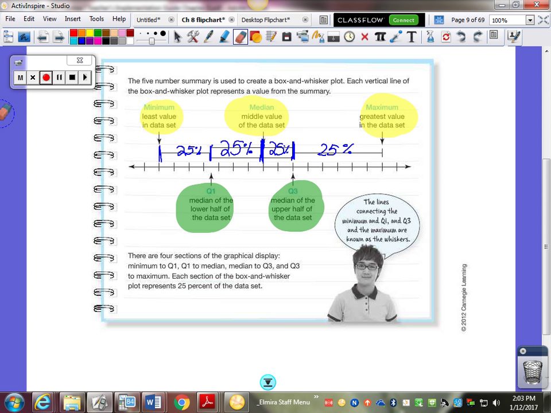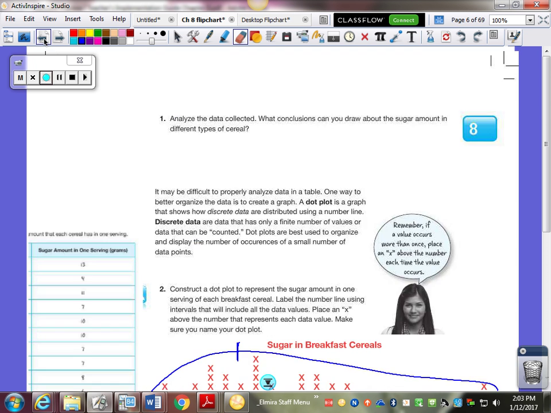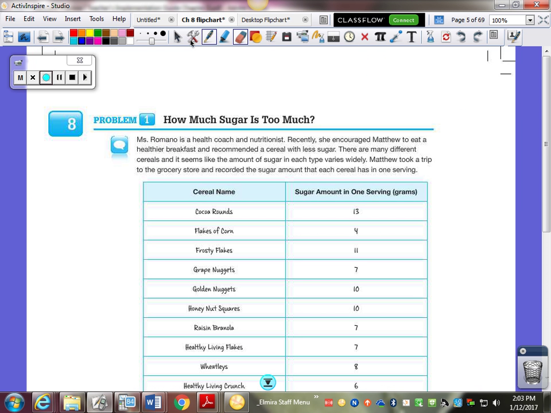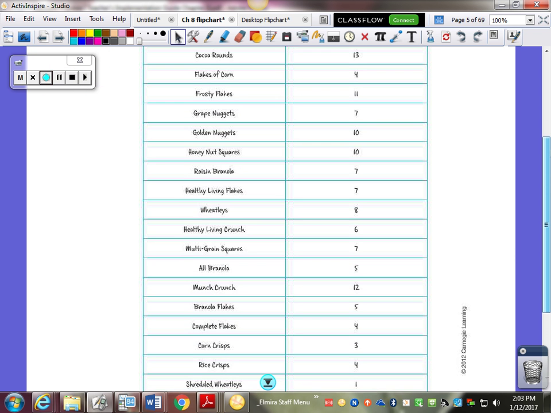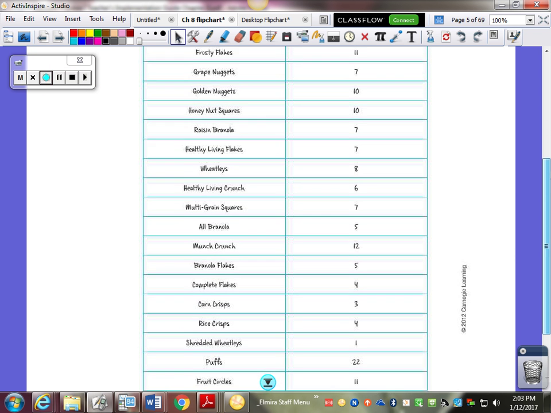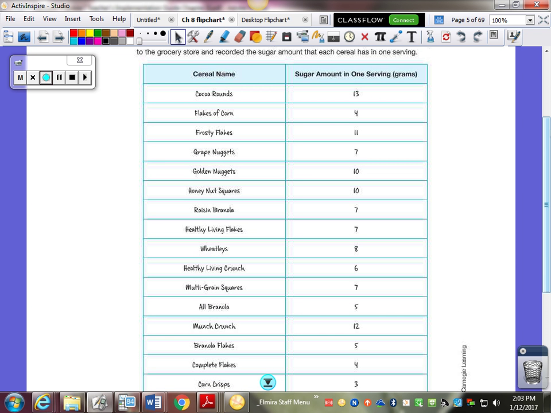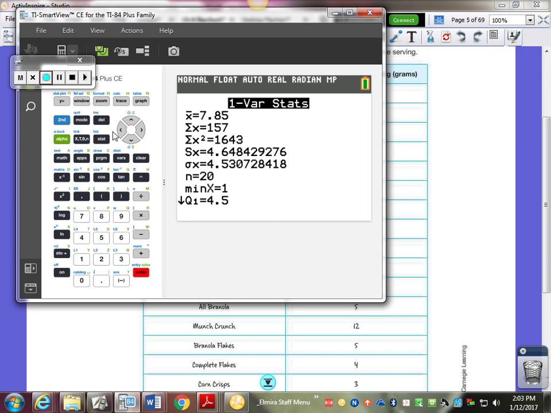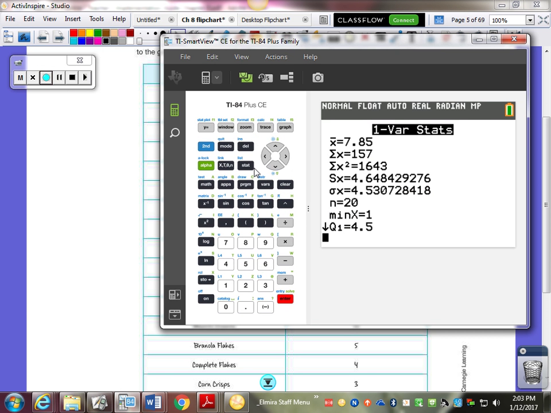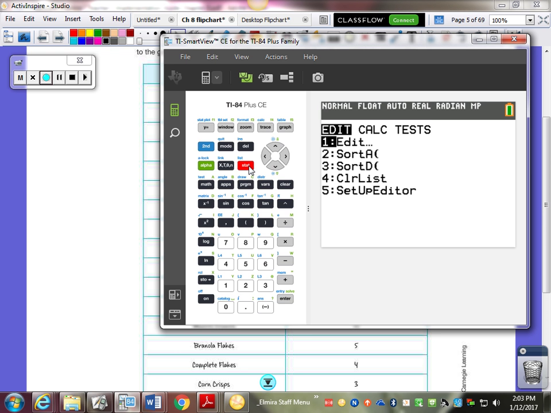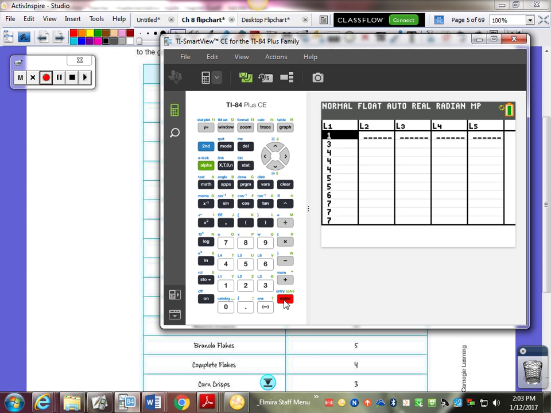So in the past, when you've had data, like if we look back at the sugar grams, if we were going to find the median and the highest number and the lowest number and all that kind of stuff, we would have to physically take these numbers and write them in order from least to greatest. Well, guess what? You do not have to do that anymore. Your calculator will do this for you, which is awesome. So you're going to go to your stat, edit,